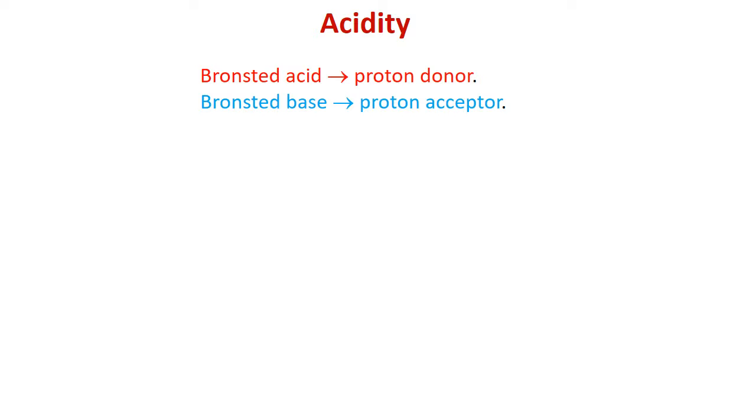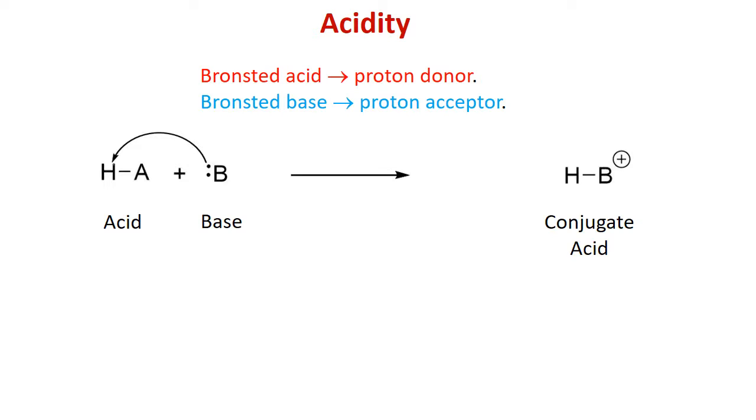According to the Bronsted-Lowry definition, an acid is a molecule that can donate a proton, while a base is a molecule that accepts a proton. For example, consider the reaction when an acid HA reacts with a base B with a lone pair. The base uses its lone pair of electrons to abstract the proton from the acid HA to form the conjugate acid HB+. The bonded pair of electrons between H and A are simultaneously transferred to A, resulting in the conjugate